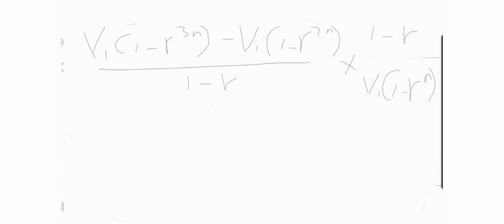Okay, so now this 1 minus R and this 1 minus R, since it is multiplication, what will happen? They will cancel themselves, they are the same. Okay, so we'll be left with this V1